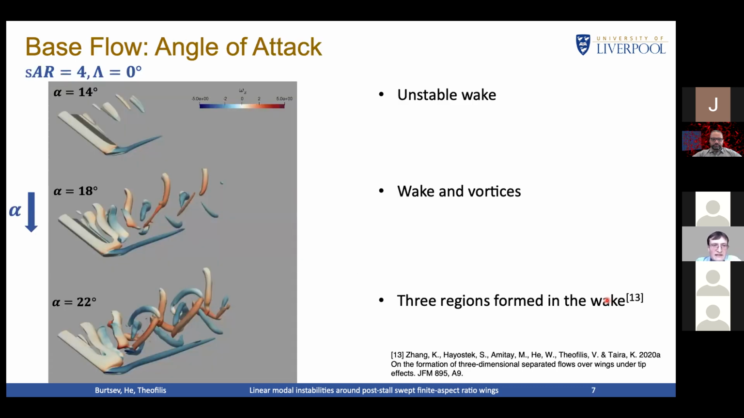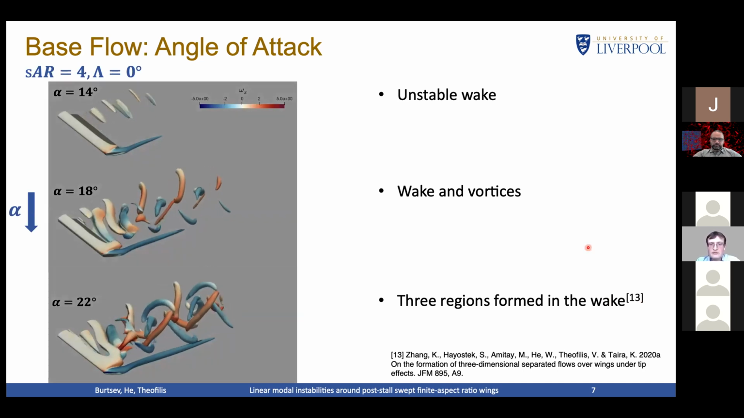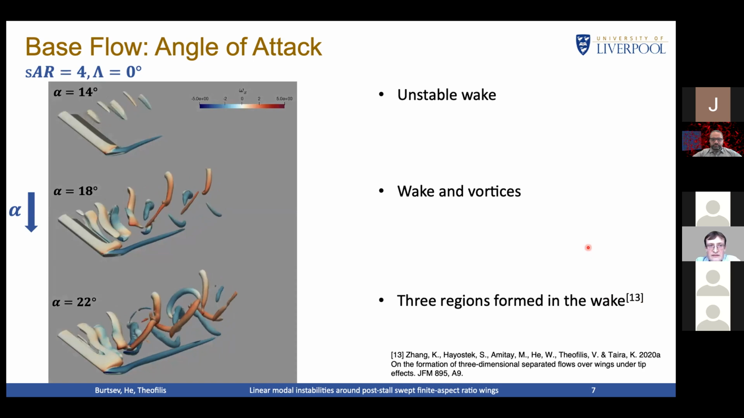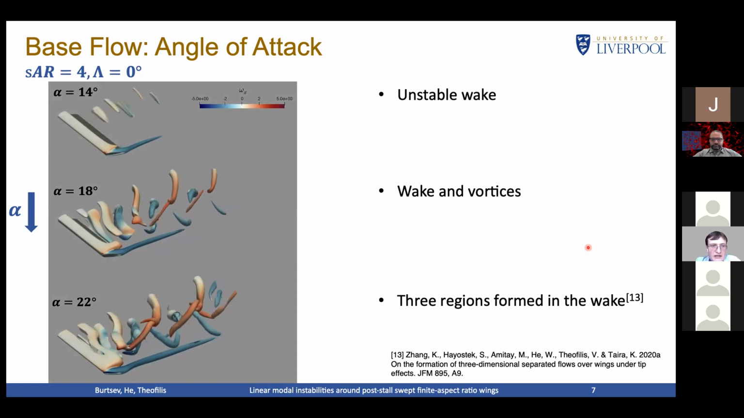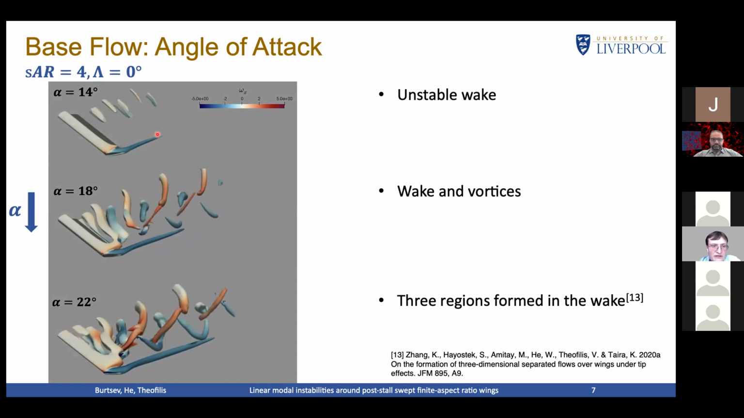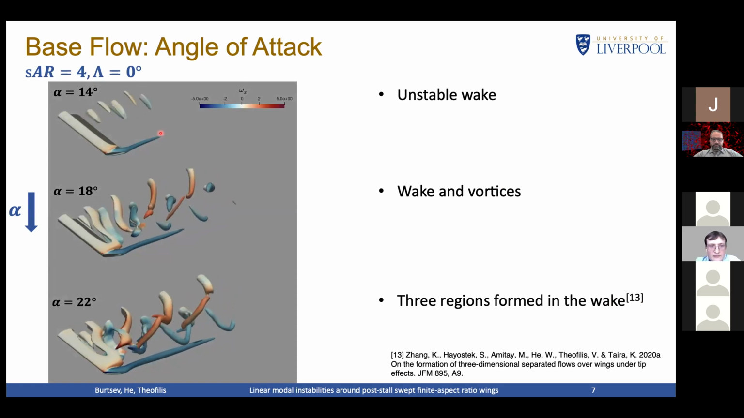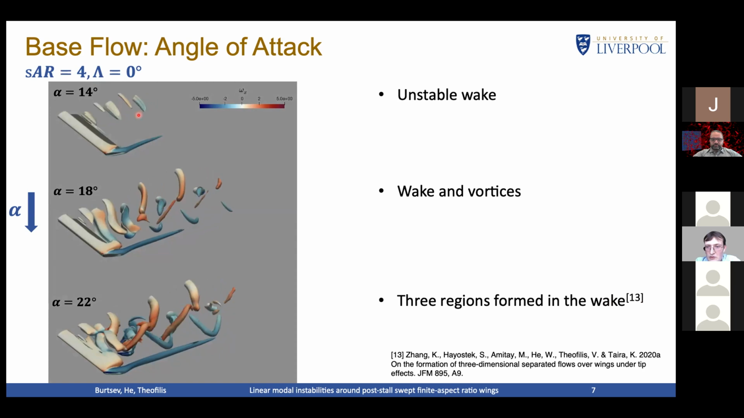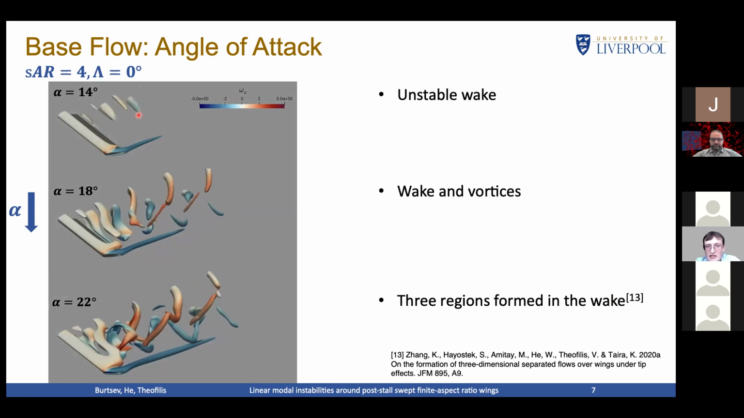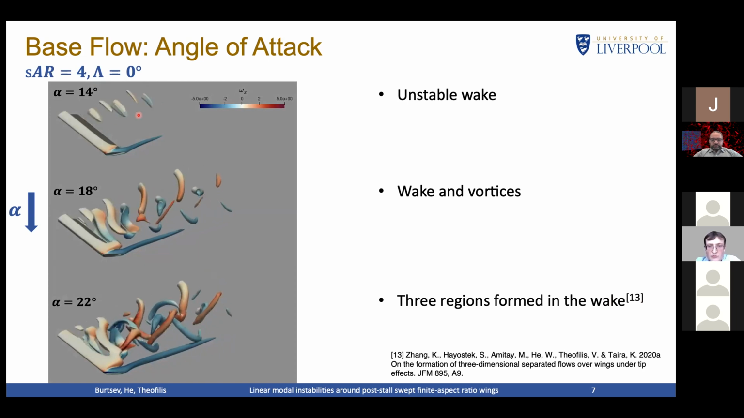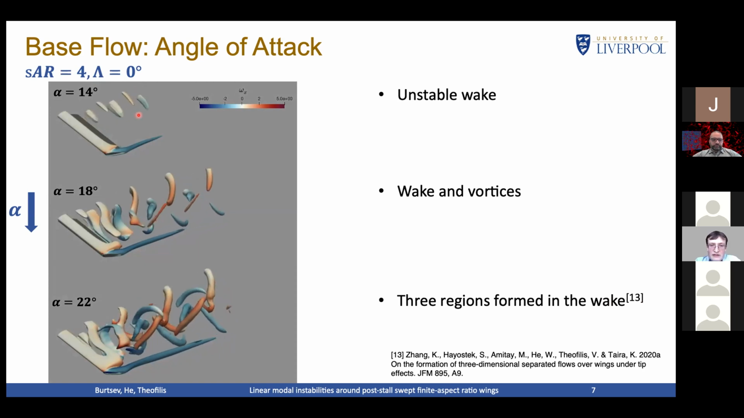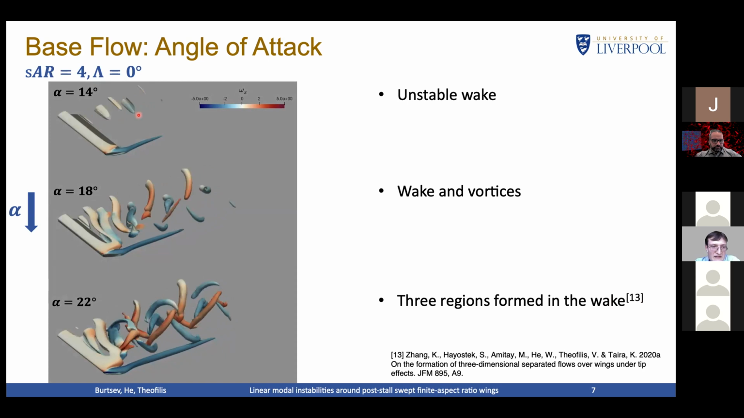Now we look at some of the results, and specifically first we look at the base flows themselves, starting with the effects of angle of attack. So here we have alpha increasing from 14 to 22 degrees. At about 14 degrees, the flow becomes unstable with periodic shedding at the symmetry plane. With increased alpha, the wake becomes more complex, and eventually 3 regions can be seen behind the wing, which are